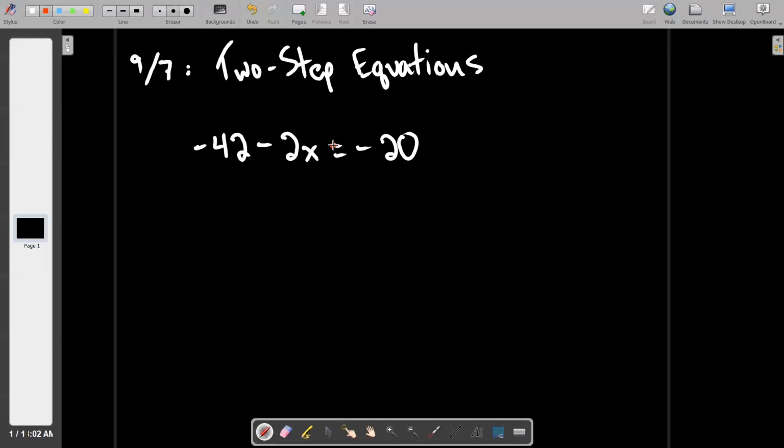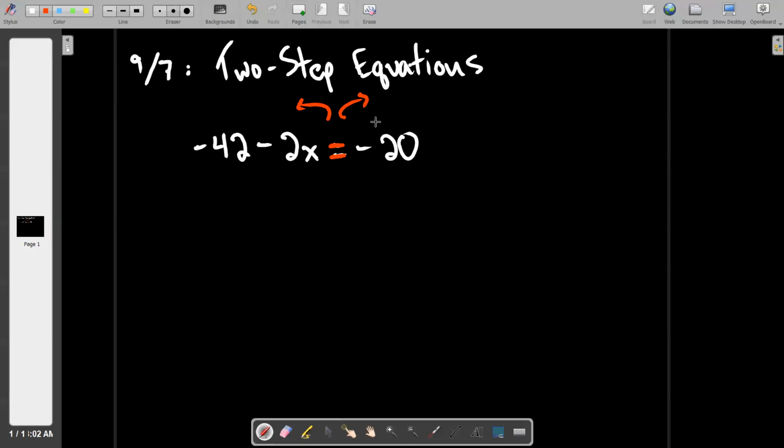So the equal sign in the middle is the great barrier that says I have a left side over here and I have a right side over here. And our job is to separate. X's, pick a side, don't care which side. Numbers, you get the other side. So does it make sense in this case to move the 2x? No, because if I move the negative 2x, if I were to say add, I could add 2x to both